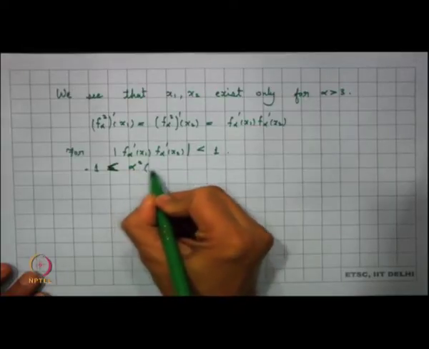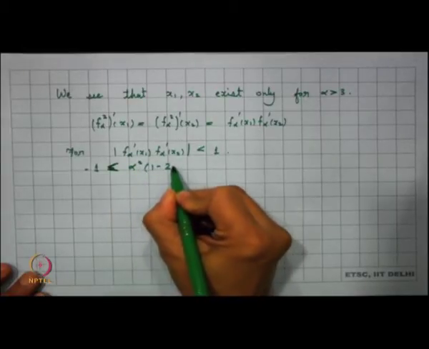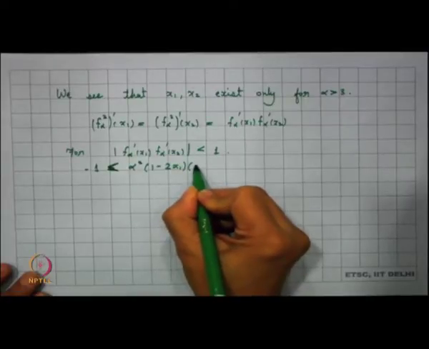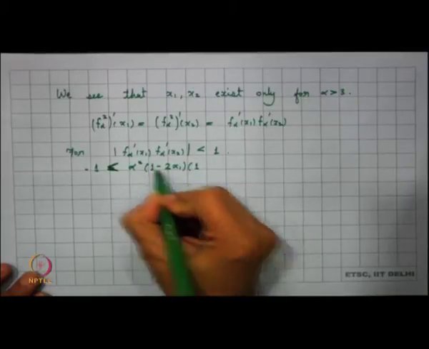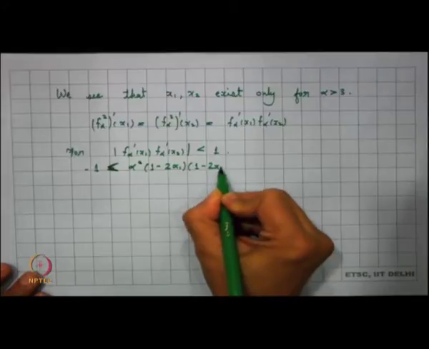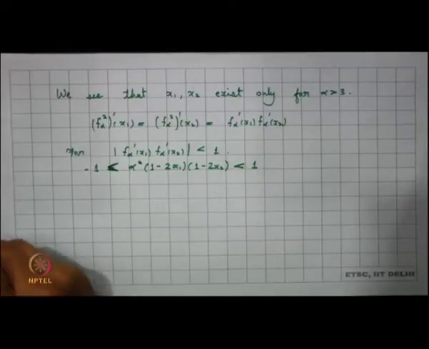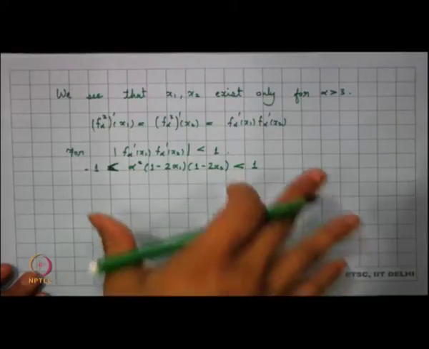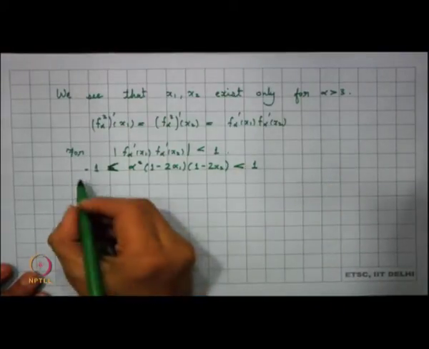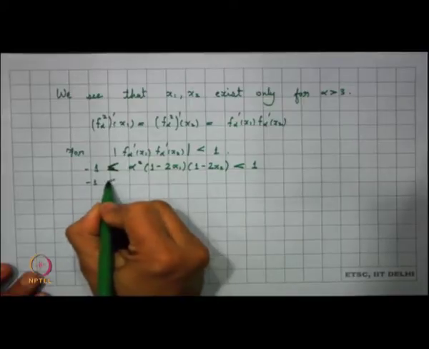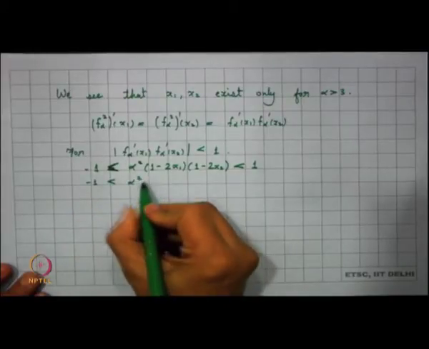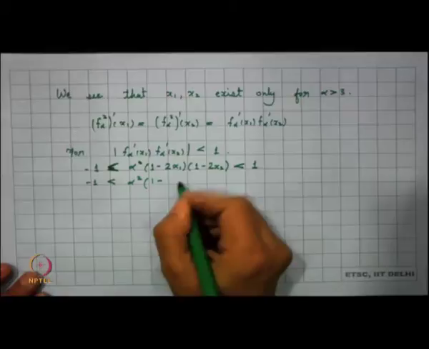So, I have alpha square times 1 minus twice x1 into 1 minus twice x2, and I want this to be less than 1. I can push in the values of x1 and x2 here. So, that gives me minus 1 is less than alpha square times 1 minus,